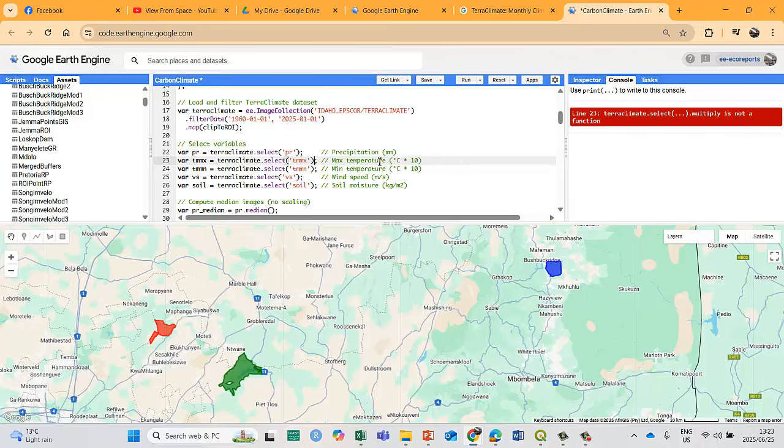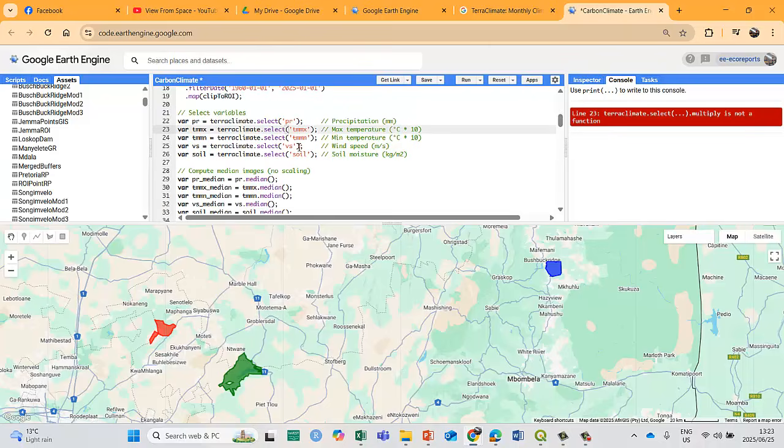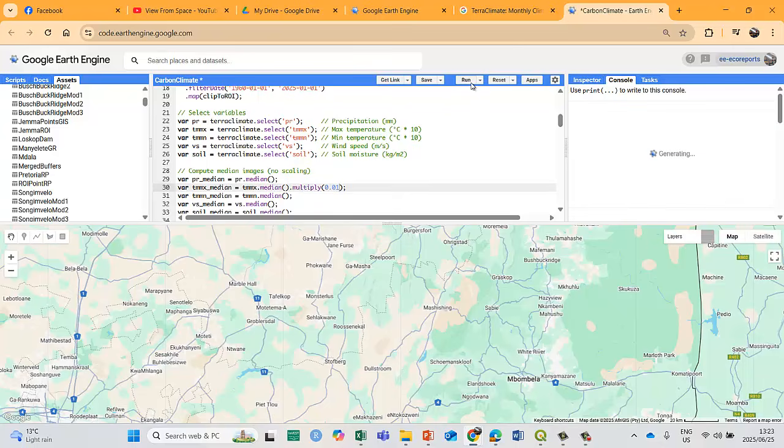Normally you can just put a multiply or divide or something to that effect, but in this case it does not work, because it's not a single image, it's a whole lot of images. I wonder if I can't do it here. Let's see, because there's a number of images here, not a single one, because I haven't reduced it. So let's see if I can do it here. Dot multiply 0.01. Let's see if I can run it. Yep, there we go.